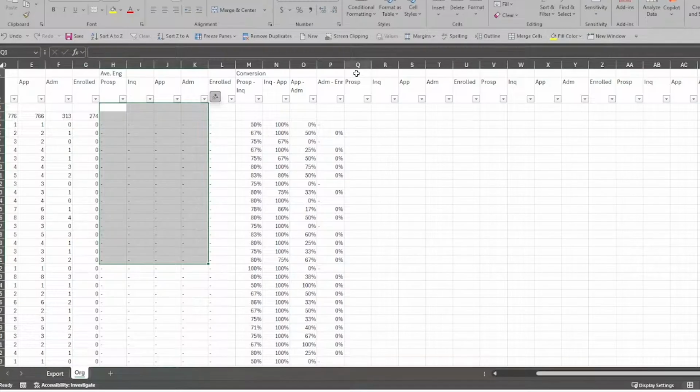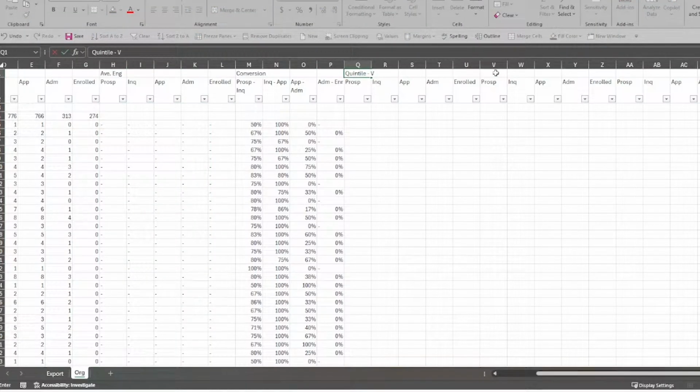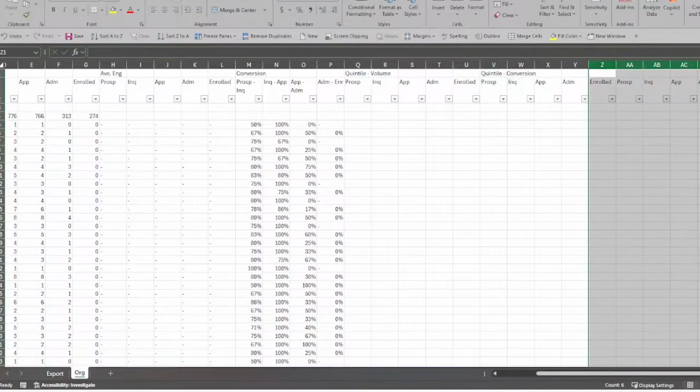So we're just going to do quintiles, volume, and we're just going to do quintile conversion. And we don't need these extra columns. But we do need some personas. And I guess we don't have enough engagement volume to do quintiles off of engagement, so we'll skip that for now,